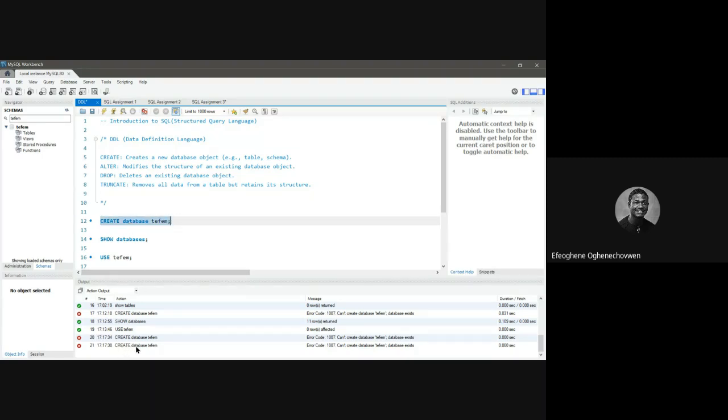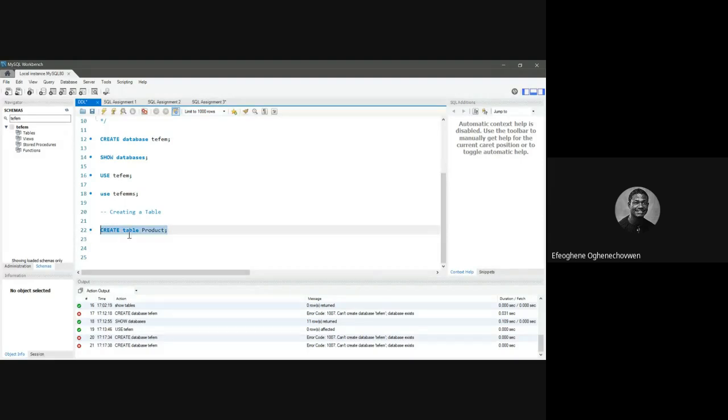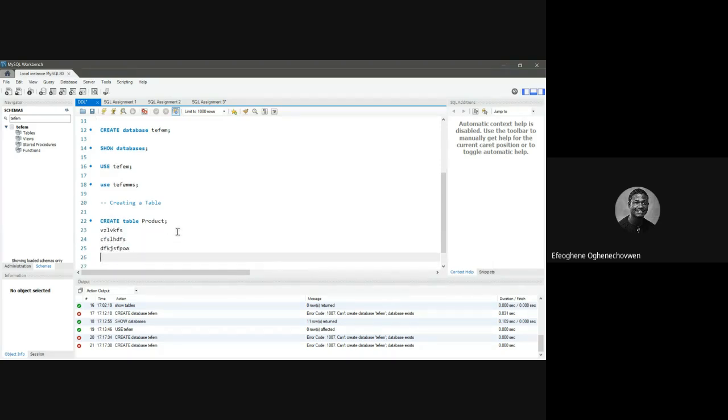Having run this query, this code or statement, it's already reporting that there's a database called TEFEM that already exists. So that's why we always hatch the single line of code if you want to create a table. But if I've written a lot of code, I can decide to highlight everything, just the portion, and then use my combination keys, Control Shift and